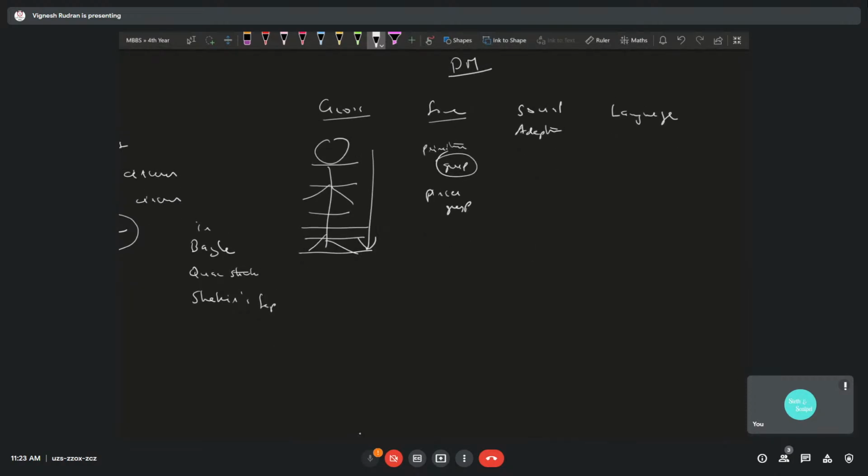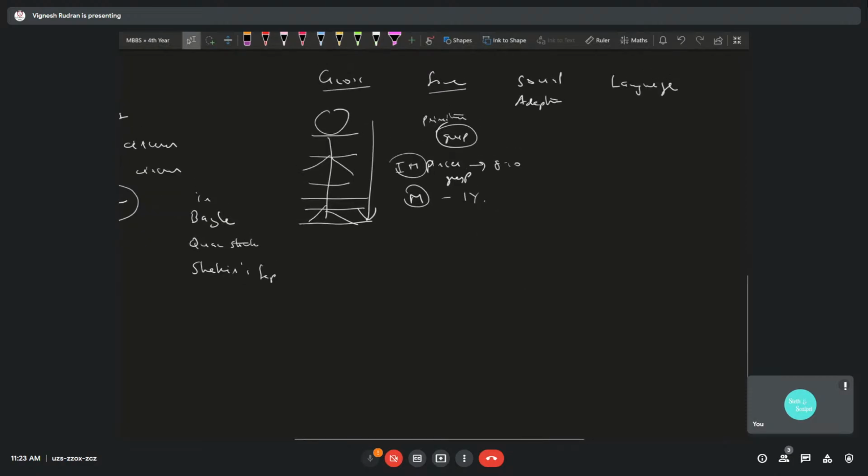Okay, so you have immature pincer grasp and mature pincer grasp. Your pincer grasp usually develops at 8 to 10 months, and mature at 1 year. What mature and immature mean is, when the baby uses the whole of his palm and fingers to pick up an object, that is your immature pincer grasp. When he uses only two fingers, like a thumb and index, to pick up an object, that is your mature pincer grasp. Okay. Then other than that, you have your mnemonic for Lock Stead.